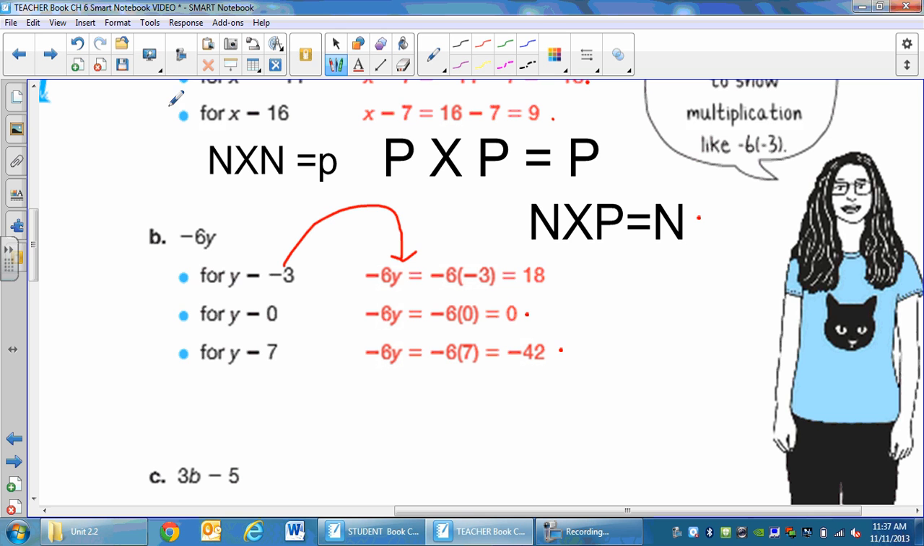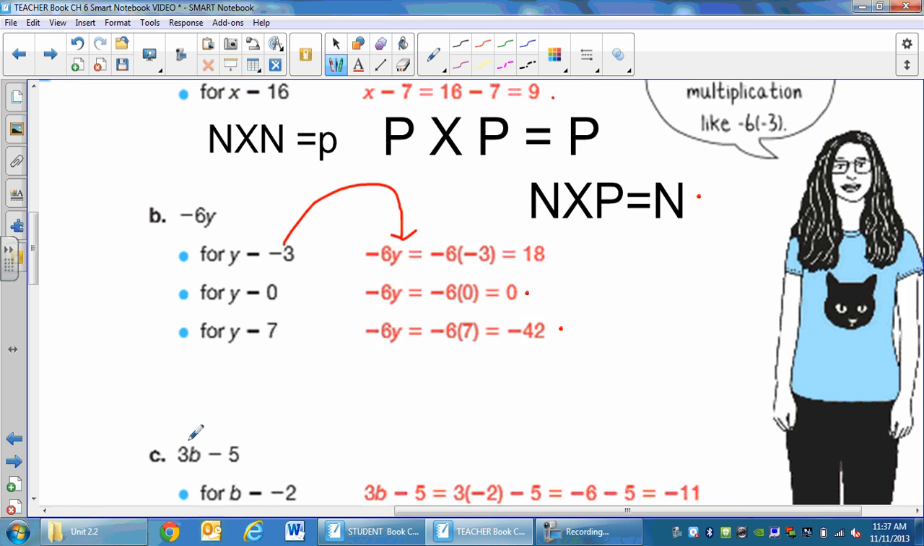Letter C. So first we did subtraction, then we did multiplication, and now we're doing a 2-step equation. So whatever B is, we're going to plug in. So B is negative 2. And I always want to do order of operations, so multiplication comes before subtraction. So I'll put the 2 there. 3 times negative 2 is a negative 6, and then